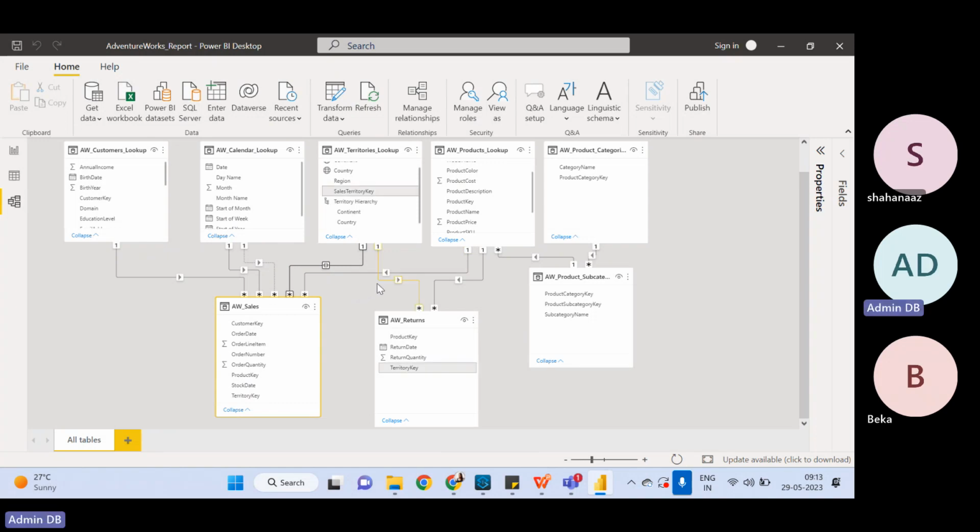I will not cover what complexity comes when you do bidirectional, but if you create bidirectional filters everywhere, the model will get confused. It might happen that through this route it's filtering something, and through this route it will filter something else. So just don't go into that complexity. I will not cover it because it will be too much for you guys. But just remember, never use a bidirectional filter. Always try to keep your model very simple. By simple, what I mean,